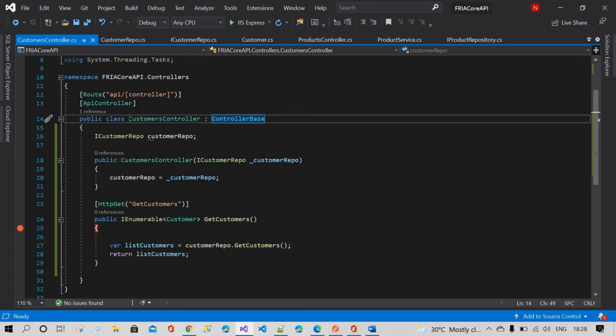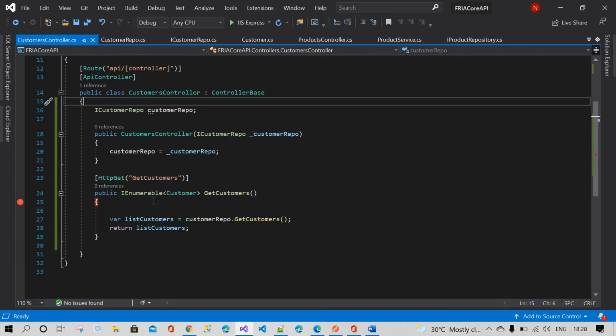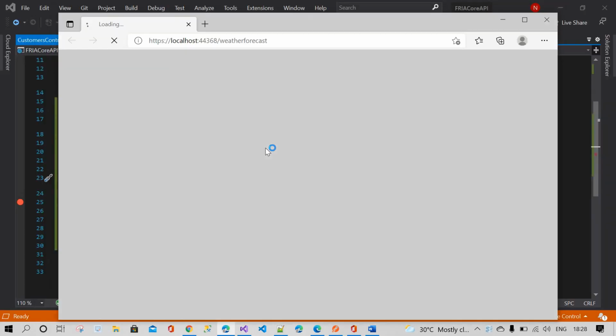After that the request will reach the controller action method. Based on our HTTP method name, the request will identify the controller and action method. So how it will happen, I will explain.